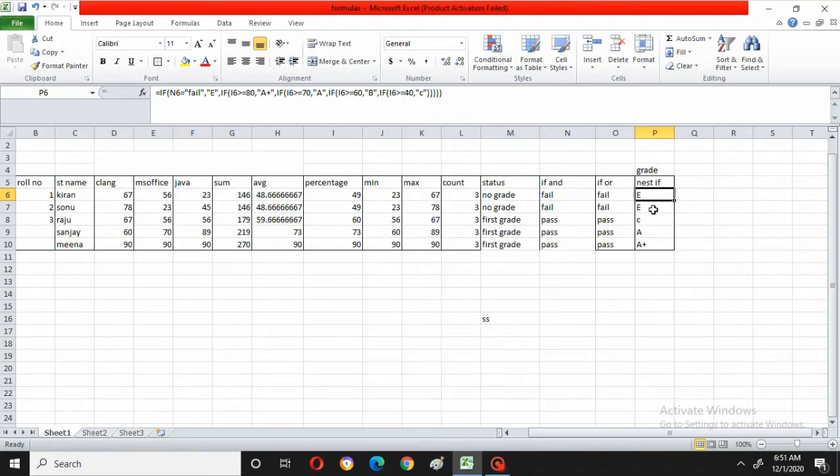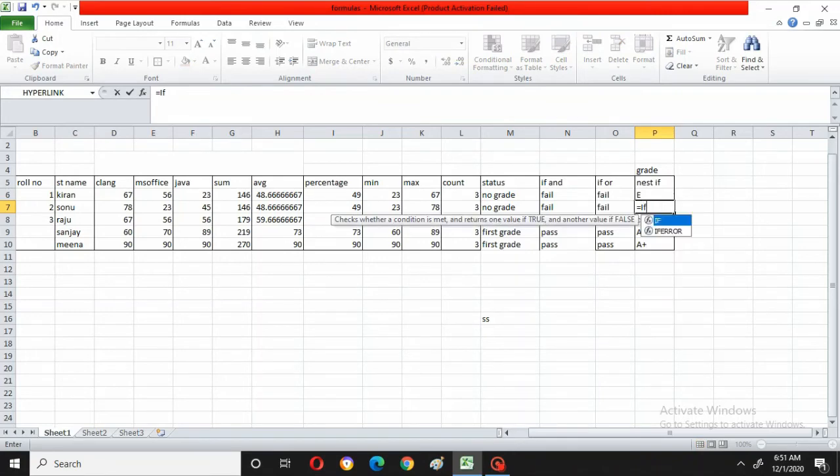So for this I will again type and I will show you how to do it. Okay. I will just remove this first. Now we will enter into the cell again. Equal to IF. What I want: first I will check whether he has failed or passed. N6, where is N6? In this column. N7, I am sorry, not that one. N7. Why I am using N7 is I am in the 7th row. Already the 6th row I have done, but the 7th row I am doing for you.